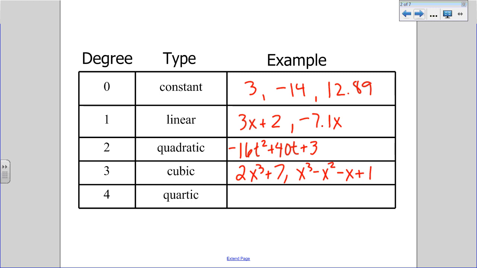the type is going to be cubic. And then for quartics, it just means our exponent is 4, so something like x to the 4th minus 16 is an example of quartic. Now the reason we stop here is because these are really the ones that we give the most special names to. Now as you go through, we have a quintic, we can go through and use our prefixes that we know for numbering. But the reason we focus on these, ladies and gentlemen, is because in chapter 5 we factored quadratics. Chapter 6, we're going to learn how to factor cubics and quartics, and we're going to stop at